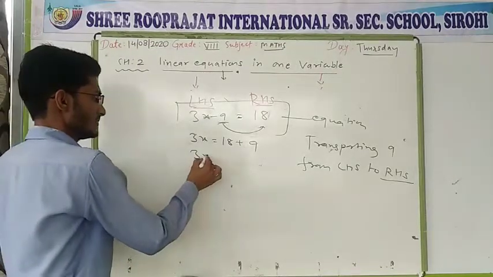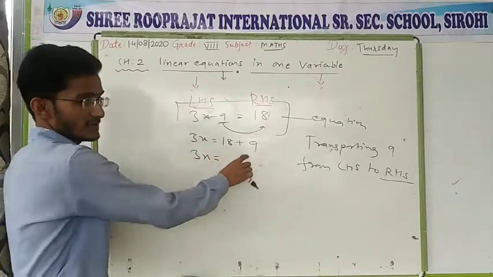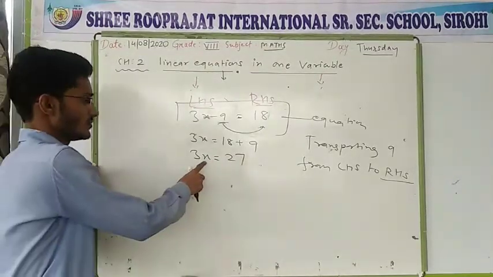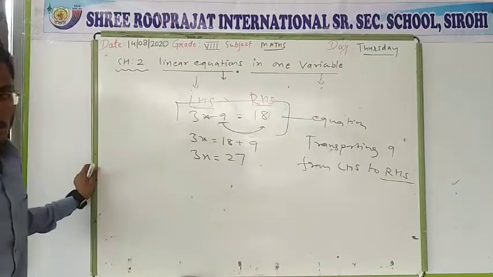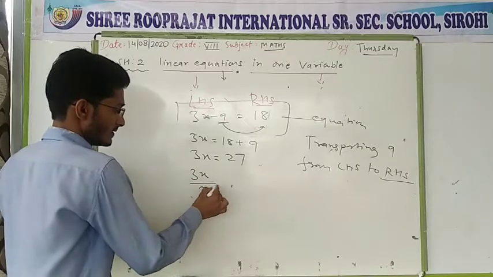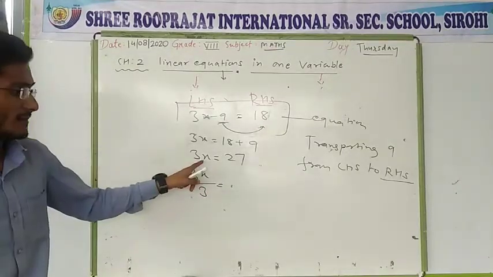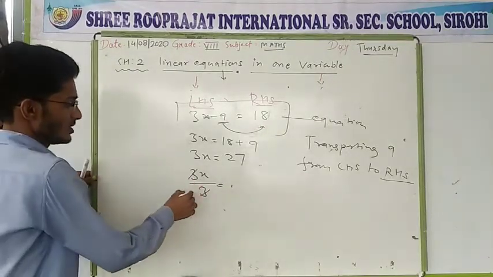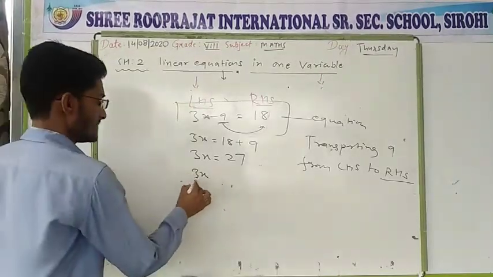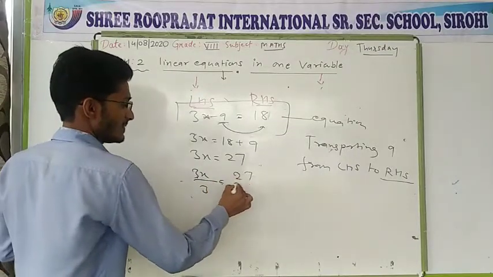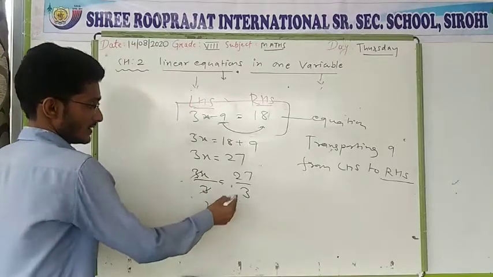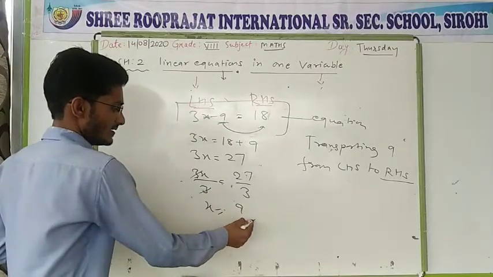So now you have to solve the first one. It is given 18 and it is given 9. So 18 plus 9, 27. Now you need the value of x, then again you have to remove the 3. So what will you do? You have to divide both parts by 3. Why? Because if you divide both parts by 3, 3 divided by 3 you will get 1. That means only x. So 3x divided by 3, and the same 27 divided by 3. So 3 divided by 3 you will get x, and 27 divided by 3 you will get 9.